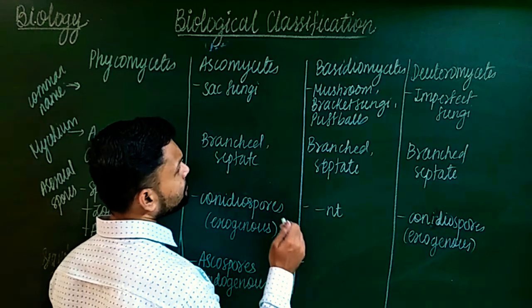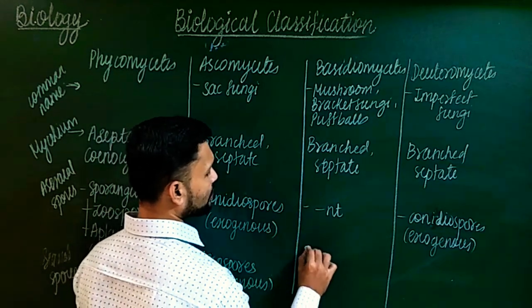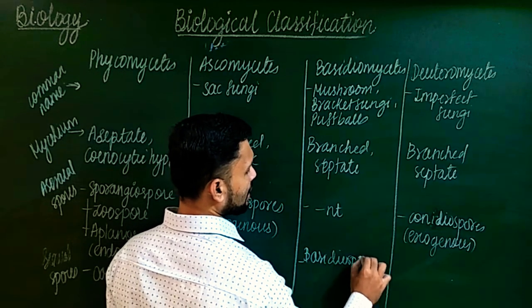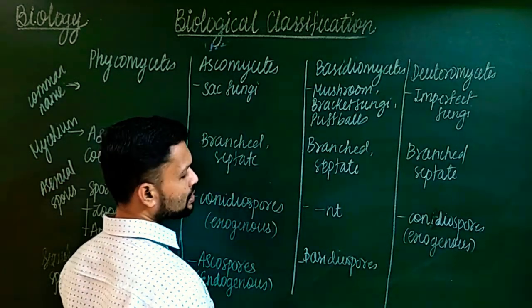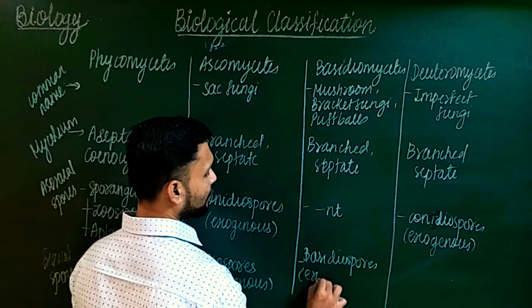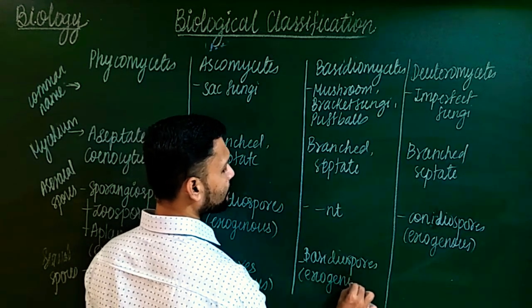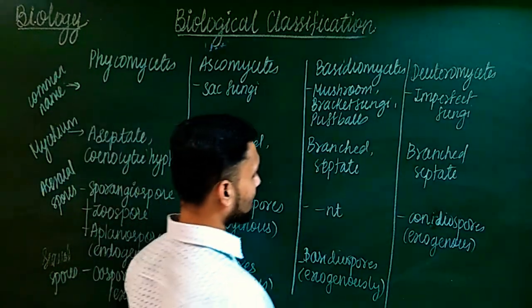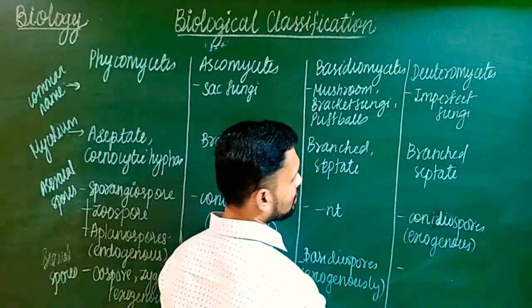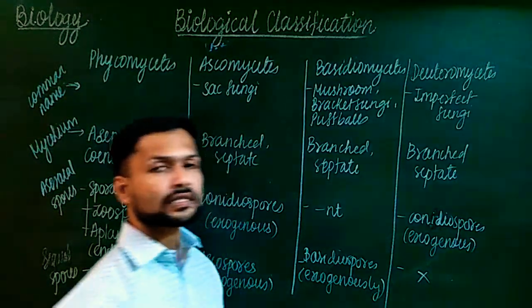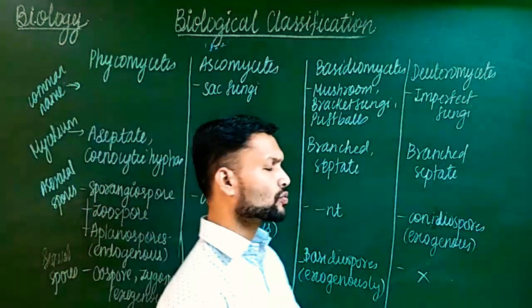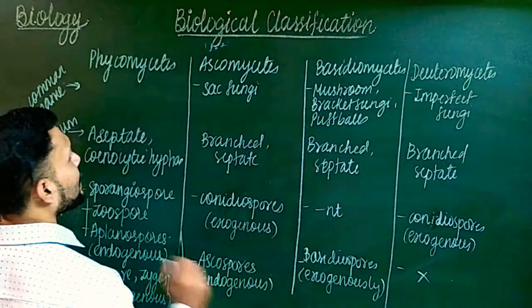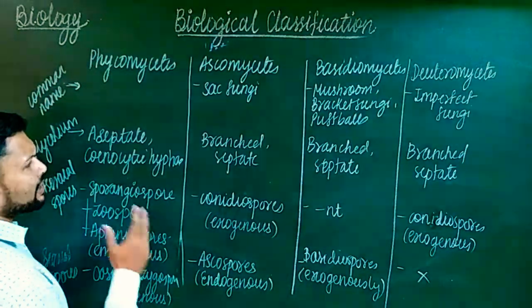Here in Basidiomycetes we have basidiospores, and in this lecture only, just before this, I explained it, they are formed exogenously and dispersed via air currents. We have already studied about that. And last but not the least, here, sexual reproduction is not identified, so no sexual spores over here. So these are the 4 points which are very important for your entrances, and generally these are